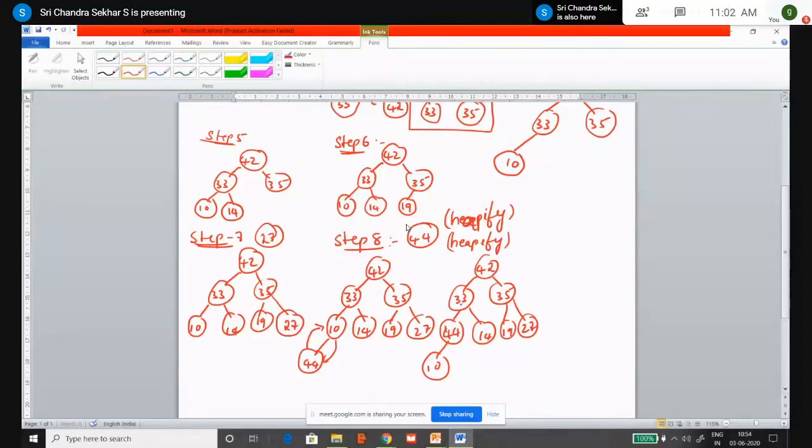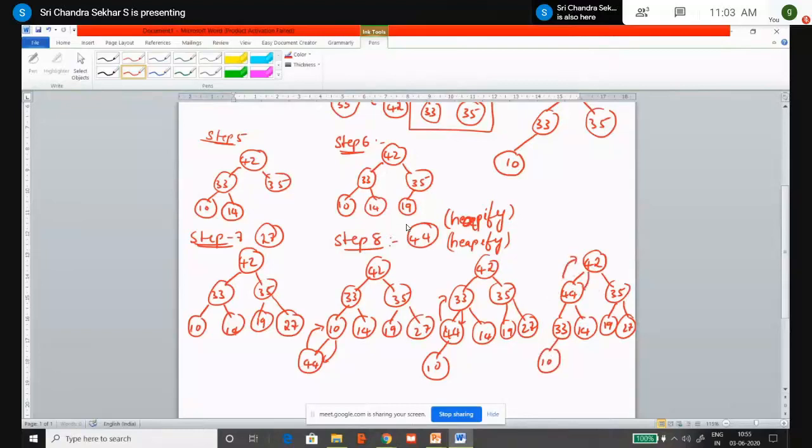44 is greater than 33, which is violating the max heap property. Again, heapify. So you exchange these elements. Now the new tree that is obtained is 42. The left child will be 44 and the right child is 35. Now since you have exchanged, it is 33 and the right child is 14, right? And then it is 19 and then it is 27 and it is 10. Now check again whether this complete ordering property is satisfied or not.